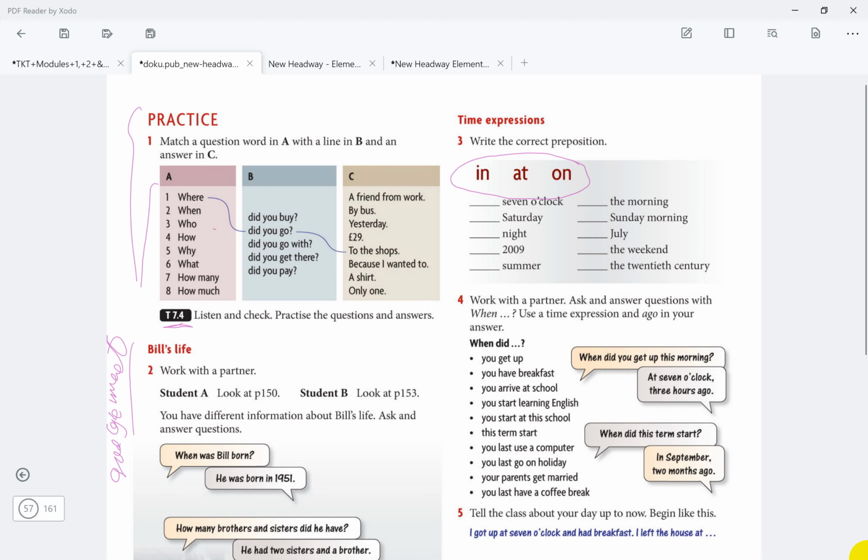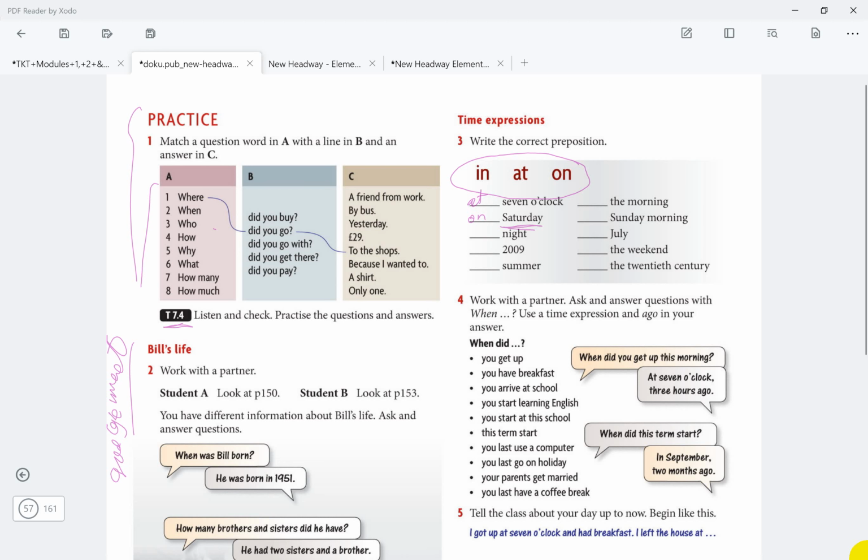For example, here at 7. On, since we have days, you'll be better stick on,